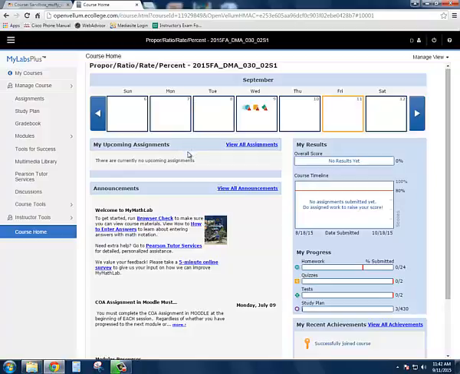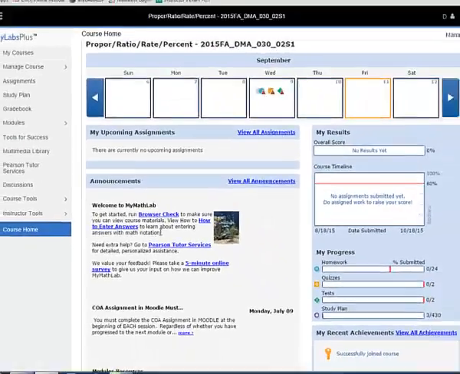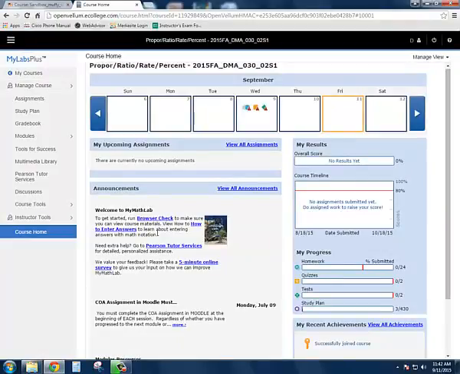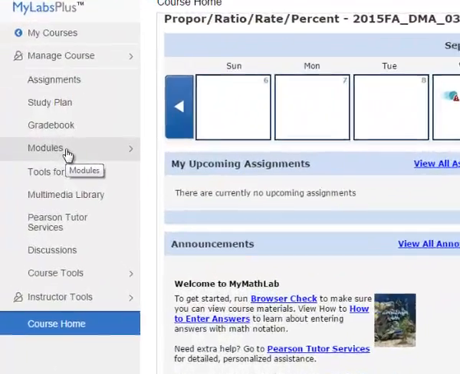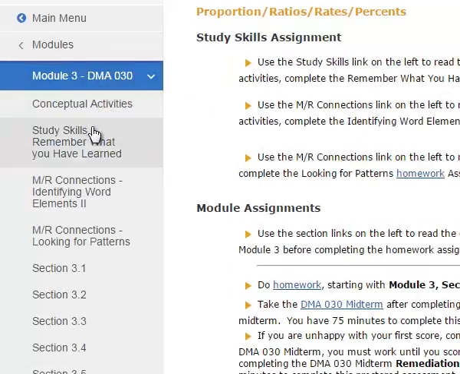The first thing you'll want to do is run a browser check to make sure that your browser is capable of running MyLabsPlus. And then you should watch how to enter answers to learn how to enter your answers in MyLabsPlus. Once you've seen how to enter the answers, go to Modules and then click Module. Well, for DMA 30 it'll say Module 3, for DMA 60 it'll say Module 6, and so on. Click there and it will show all of the